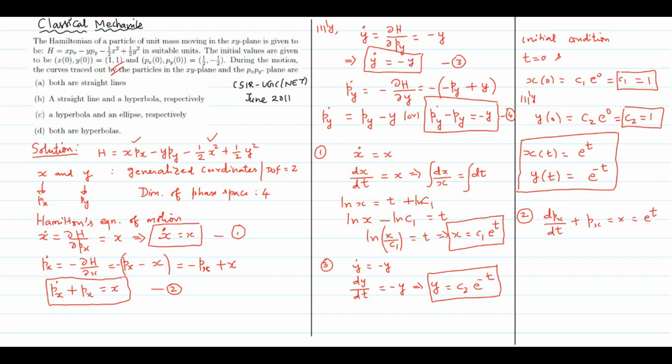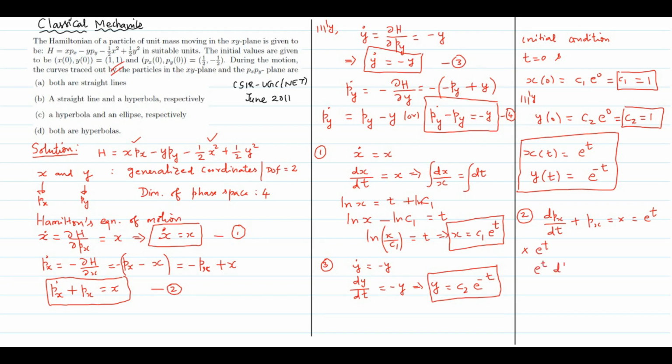Now, in order to solve this, we can write the left hand side in the total differential form, the total derivative with respect to time of some function. In order to write the exact differential form, we have to multiply by a suitable integrating factor. From this we can easily guess that the integrating factor can be taken as e power t, and we multiply e power t on both sides.